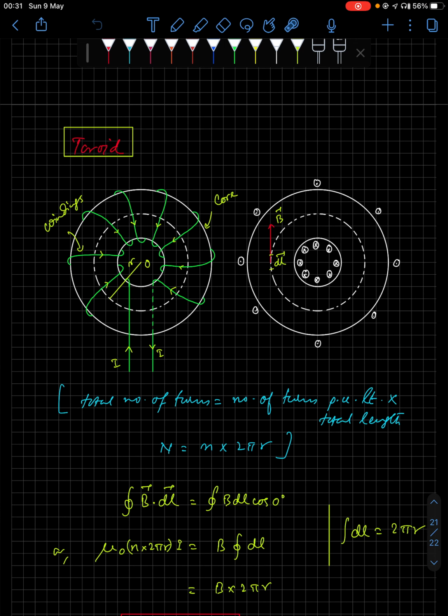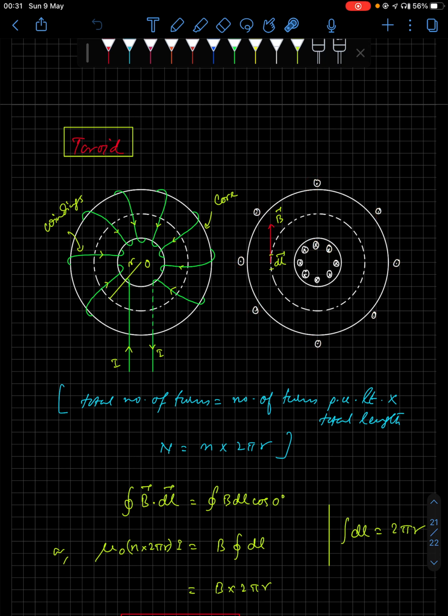Now if you look into this diagram, the current is entering through this wire in the toroid, and it is going in this manner, right? Through this part, because the section behind is not shown over here, the current is going downwards. So here it is coming out and here it is entering, right? In this diagram on the right you can see the dots placed over here, which indicates that the current is coming out, and here the current is entering.